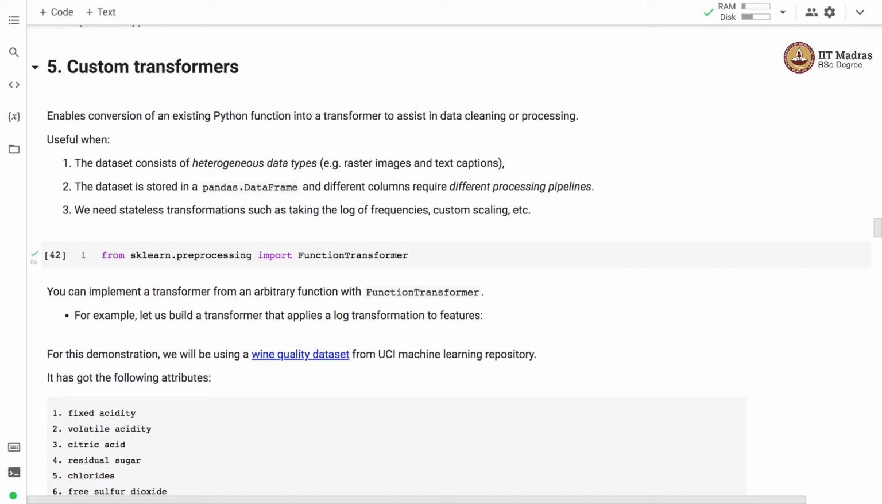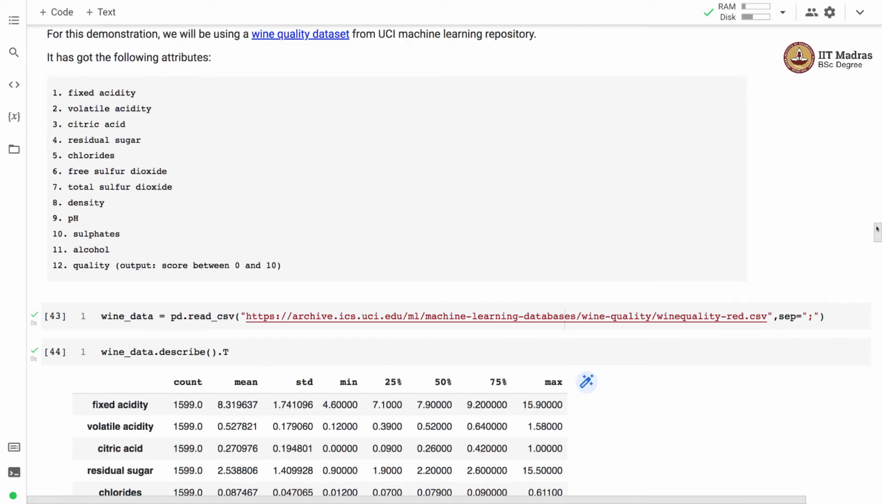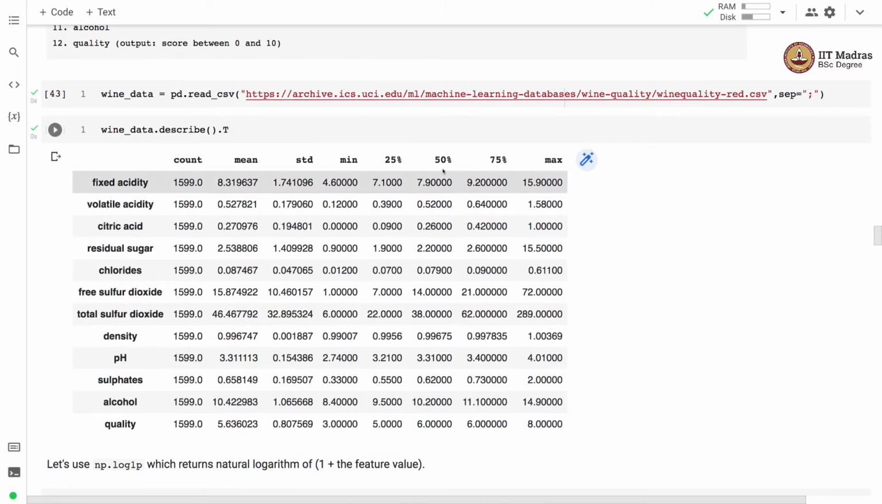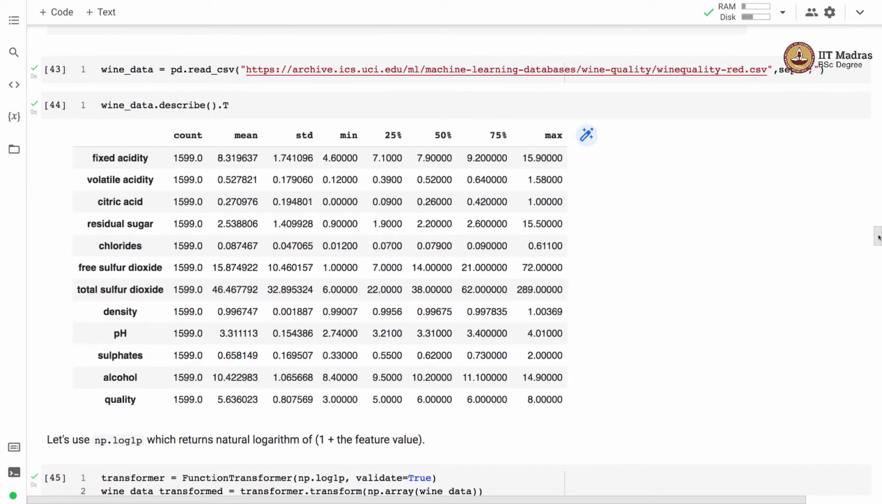Here, in this example, we'll build a transformer that applies log transformation to features. For this demonstration, we'll use a wine quality dataset, again from UCI machine learning repository. It has got 12 different columns. So there are 11 features and one output column or one label column, which is quality. We read the dataset with read_csv function from Pandas, and we can see that there are 1600 or 1599